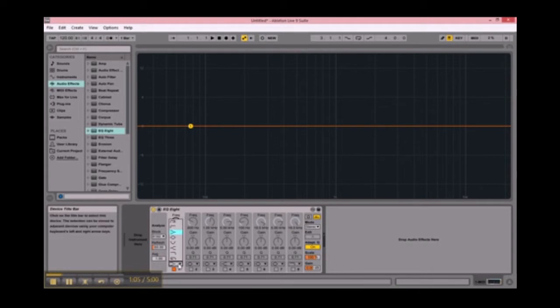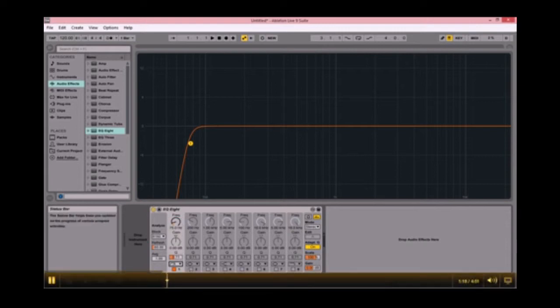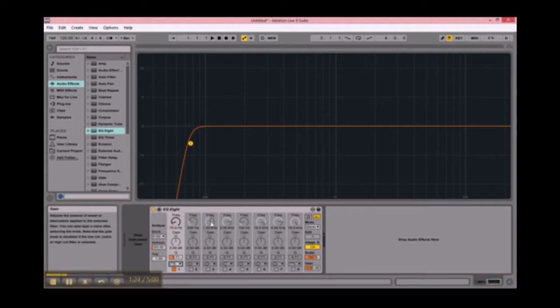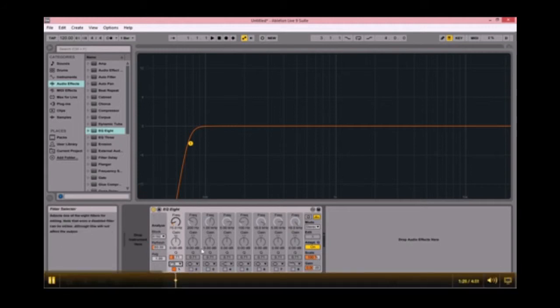So the high pass filter basically is this diagram over here with the times 4. They don't really explain to you what all these are, but basically what you need to know is that the high pass filter is times 4. By clicking on that, you can see that our high pass filter is activated. So that is set, and now we can turn this off and turn the next